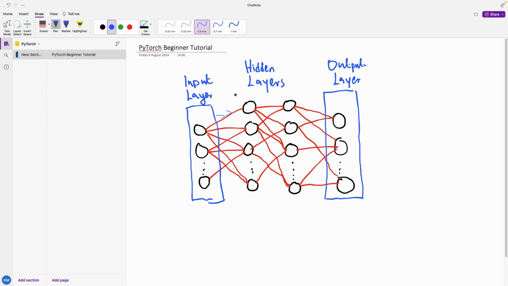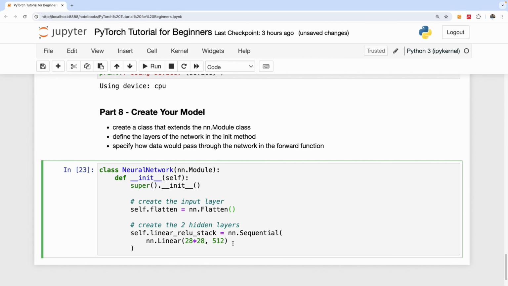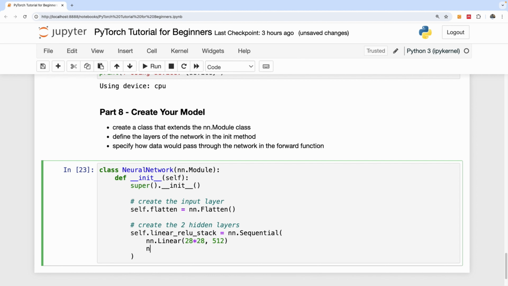So this layer takes 28 by 28 and produces 512. That's the first hidden layer, and the activation function is going to be